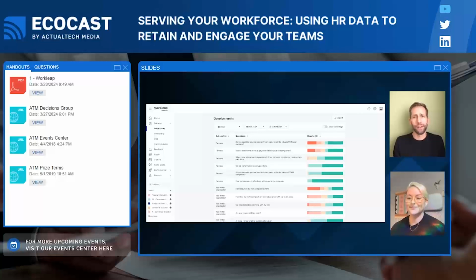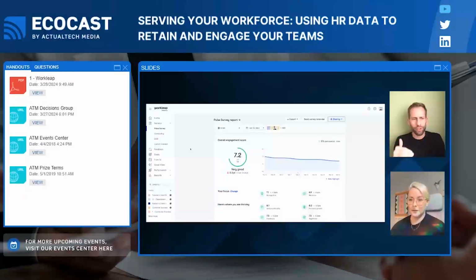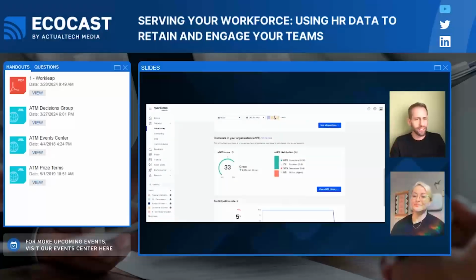Nice. Okay, I'm gonna hog the questions section for a second. I'm actually quite interested in this eNPS. Previously, I've worked with NPS scores or Net Promoter Scores for clients, but I've never seen it used internally. So can you shed a little bit more light on that? What types of questions there are, or is it just like, I'm a 1, I'm a 5, I'm an 8, that kind of thing?